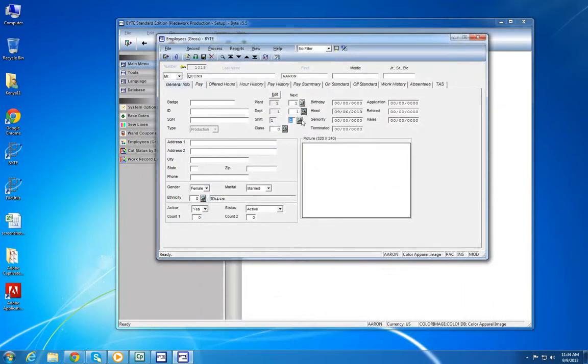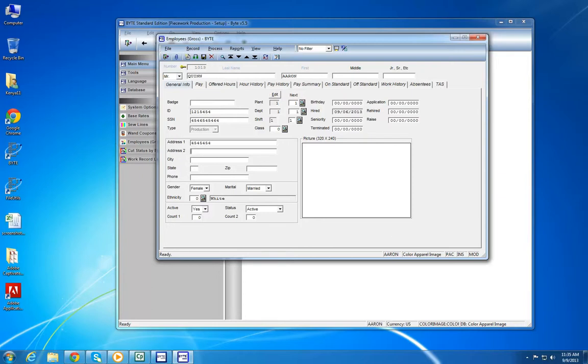Now you don't have to use this. You can also use the number key. Okay. Next, go over here to badge and ID. This is if you have a badge system. If you want to enter the employee's badge number or an ID number, you can do so here. Okay. In the US, we use Social Security numbers, so you would have to enter an employee's Social Security number here. And go down to address and use a tab, or you can just click on the address,